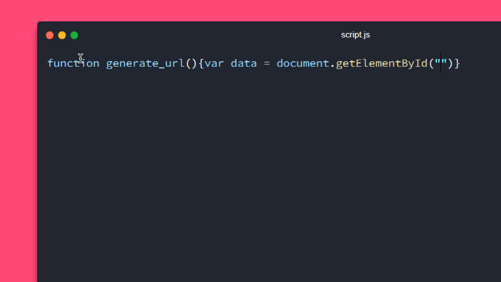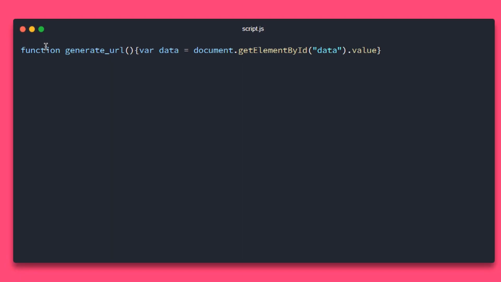In this case, we have given the element ID that is data. Now we need to fetch the value, so you can use .value here. Now to run the function from the Python side, we can use eel.generate_URL. So let's generate the URL by using the Python function, and we need to then set it as an output.